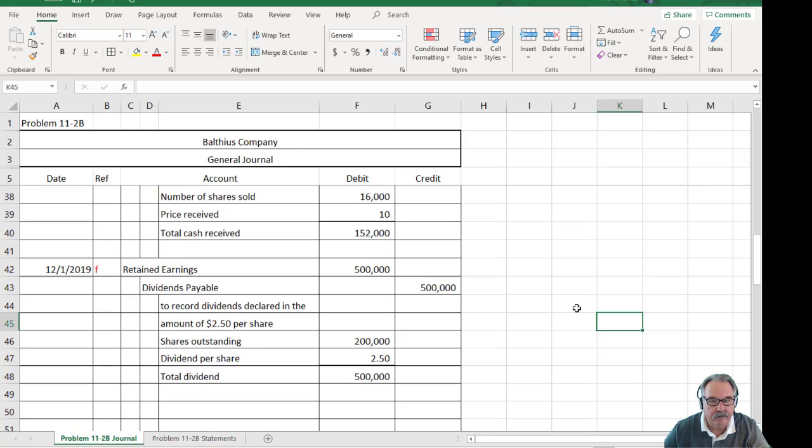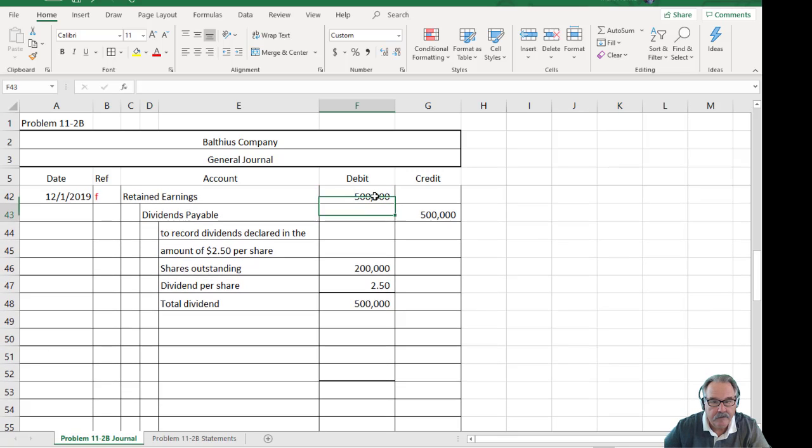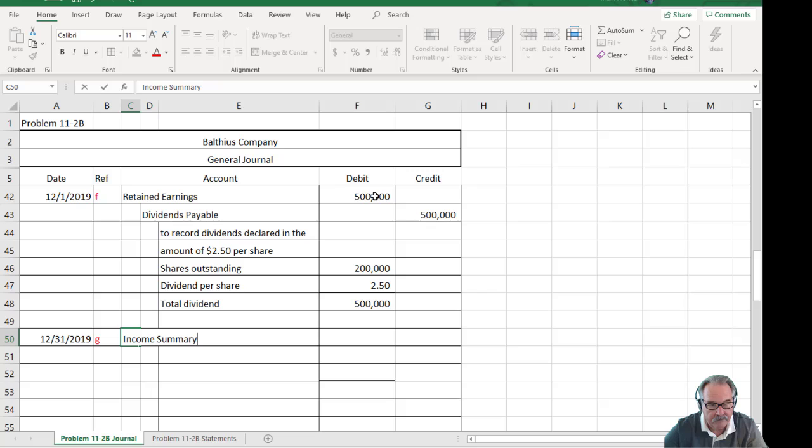And then the last transaction is to record the closing of the income summary account. The first two closing entries, revenue and expenses, have already been recorded into this income summary account, and they want us just to show the entry to zero out the income summary account, which of course is going to be the amount of net income. So we will debit income summary, and the net income was $1,072,000,